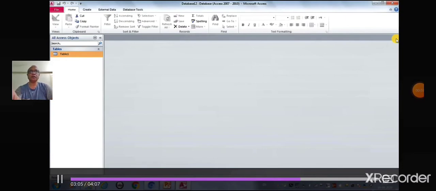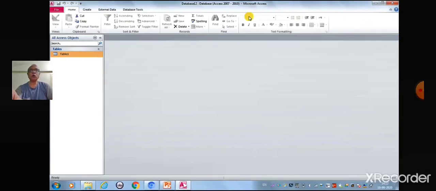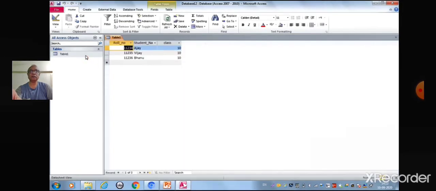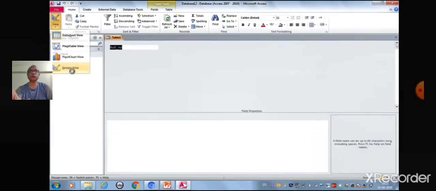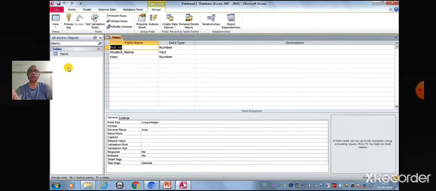Now children, we will see how to delete a record. For this, open the table in the Design view. Select the row that you want to delete.